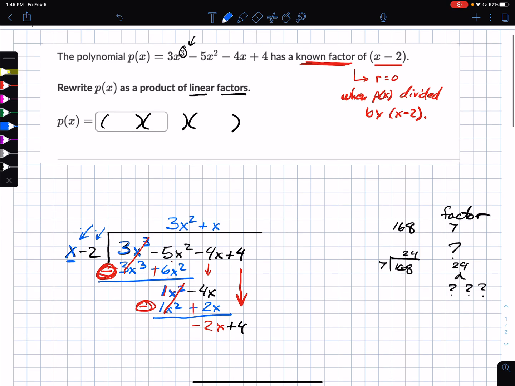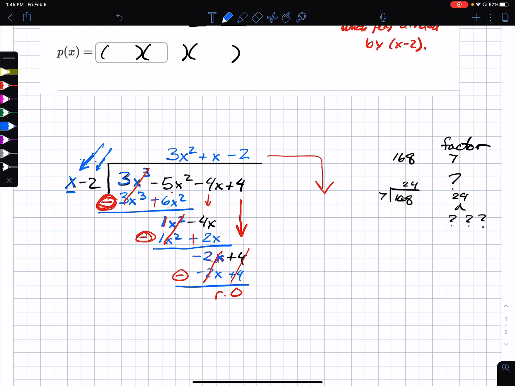And now we refocus one last time. How do I get negative 2x when multiplying by x? Well, I need a negative 2. So negative 2 times x is negative 2x, and negative 2 times negative 2 is positive 4. And the predictable result of a 0 remainder is finally here. So everything eliminates, and that tells me that we have a quadratic quotient that I am going to seek to factor all the way. So the goal here is to get this factored into